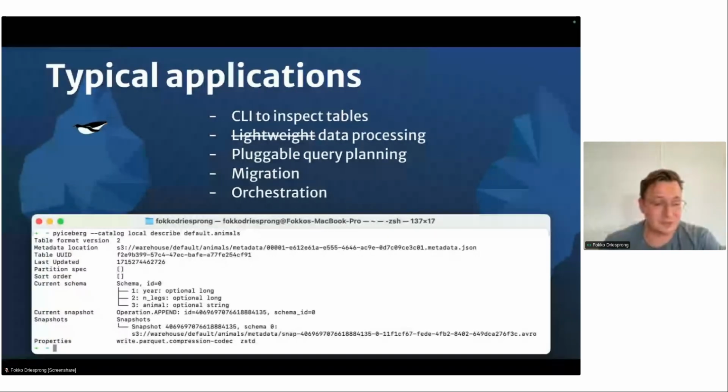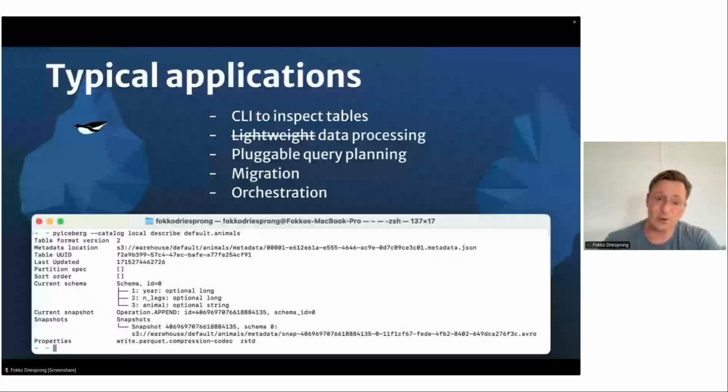Next, data processing came into scope. This started with reading the data into an Arrow table, but now it has also extended to different query engines that I will talk about in a moment. Pluggable query planning. This was really the core of PyIceberg, that we make the whole query planning.